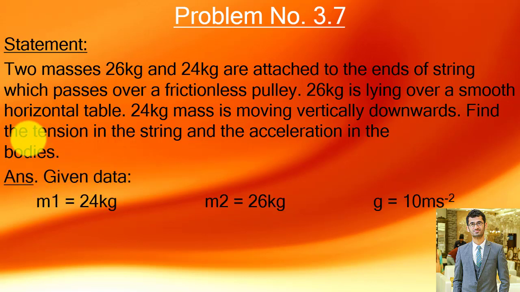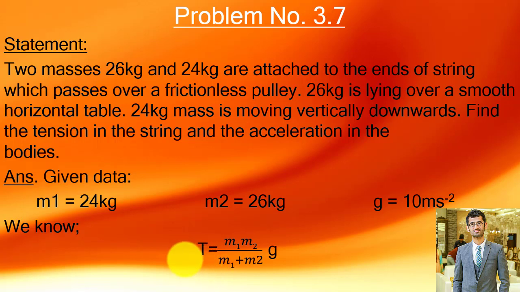Given data: M1 is equal to 24 kg, M2 is equal to 26 kg, and the value of gravitational acceleration is 10 meter per second square. We need to find tension in the string, and for that purpose